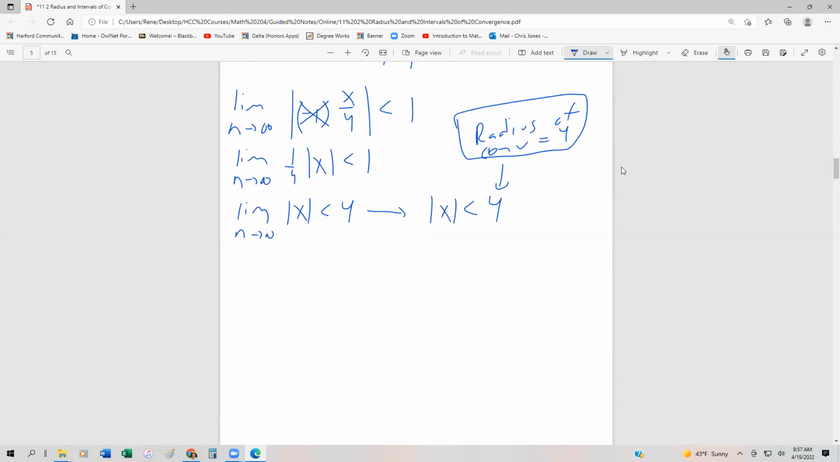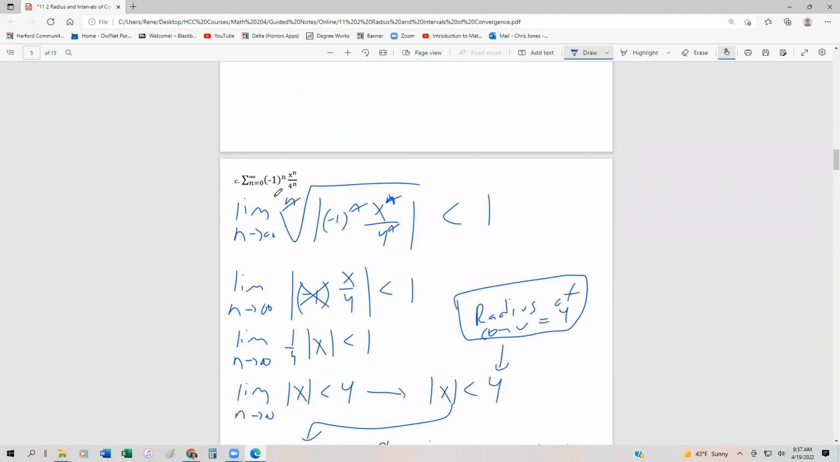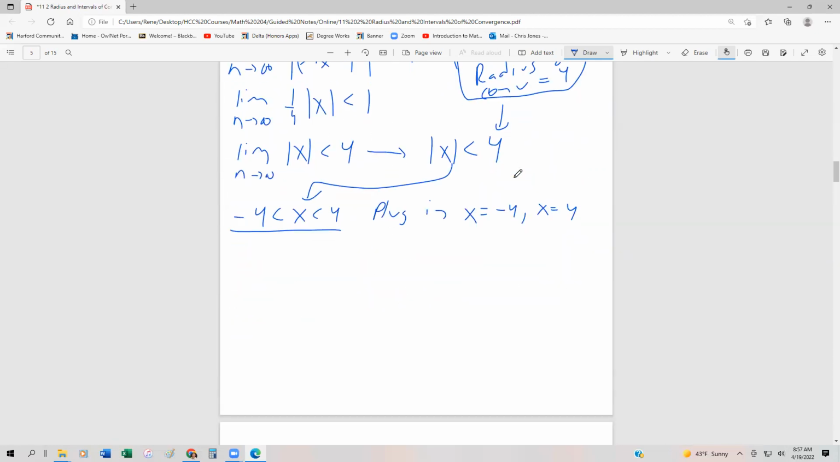So now we have to find the interval. To do that, we're going to split this up, and we're going to say that -4 is less than x is less than 4. So we're just going to use that rule of inequalities, okay? Now, this is the initial interval of convergence, but that means that we have to plug in x equals -4 and x equals +4 back into the original series, okay? And what's going to happen is we're going to see two familiar series that we actually saw in the first video, okay? So when x is equal to -4,